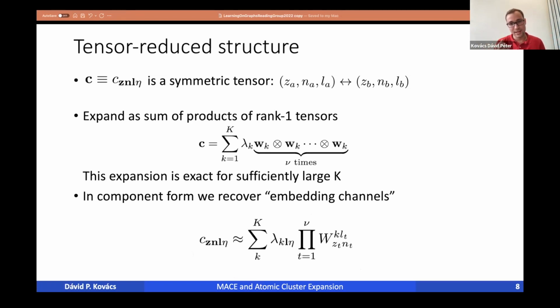So what we have here is really a rigorous derivation of these embedding channels, where you don't take the tensor product over the K channel. We derive, using this symmetric tensor decomposition of the full many-body features, a form which has embedding channels and this low rank structure of not taking the tensor product over the embedding channels. So this is what I mean that MACE is very systematic in this way, because MACE really is a convergible systematic approximation of the full set of features possible.